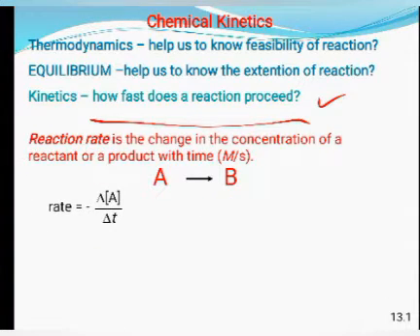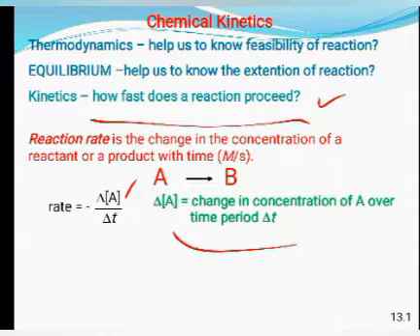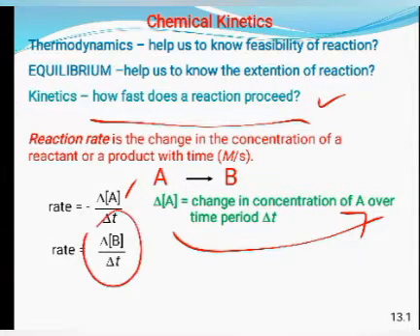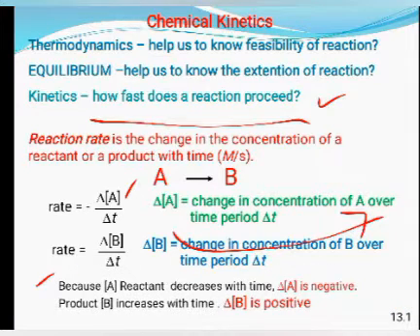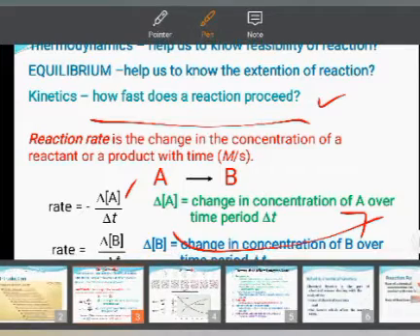It is minus delta molar concentration of A upon delta T, which means change in concentration of A over the time period T. Then appearance of B, the product, is delta B upon delta T, the change in concentration of B over the time period. A, the reactant, has a negative sign because it is decreasing, and B is positive because it is increasing. Okay, so today we will do our zero order reaction,